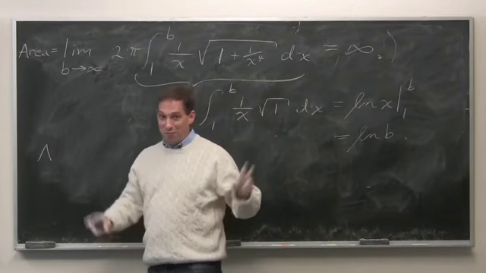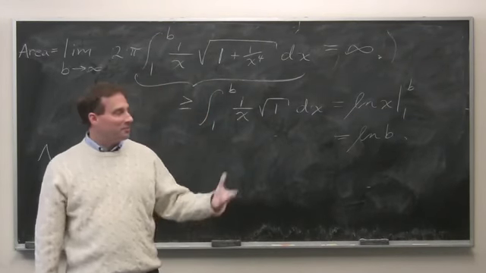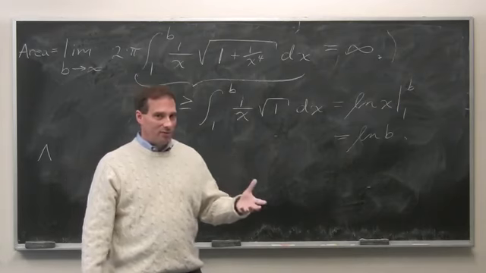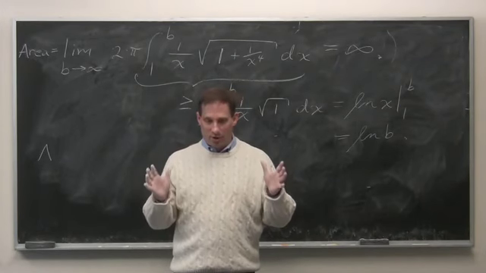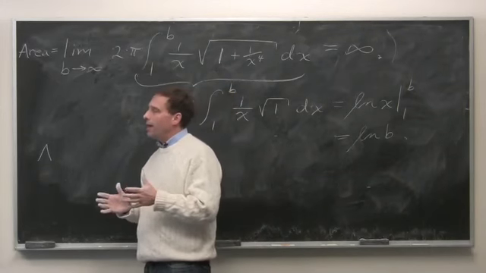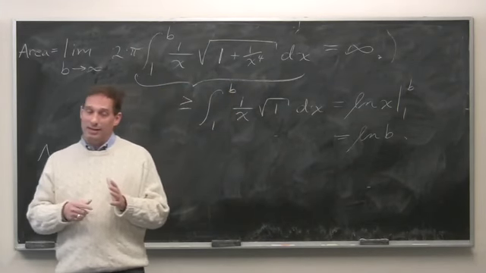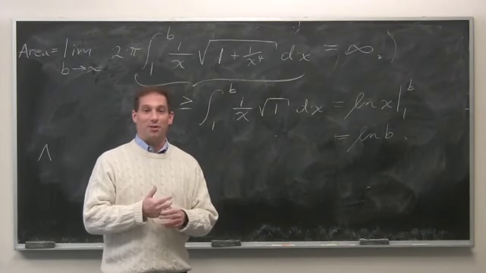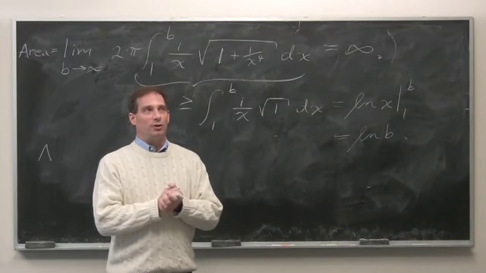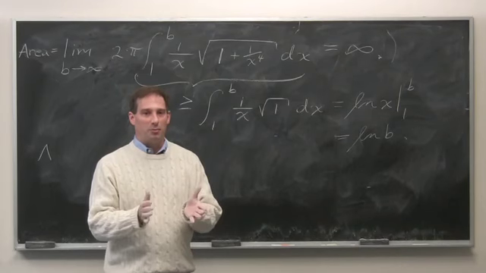So this is the fun part of Gabriel's Horn. It is this solid of revolution that has finite volume. Its volume is just pi, and its surface area is infinite. And so what people say is something like, yeah, that means you can fill it up, but you can't paint